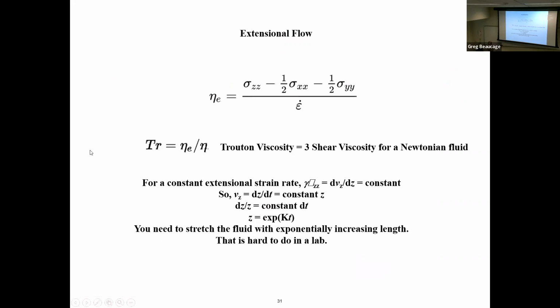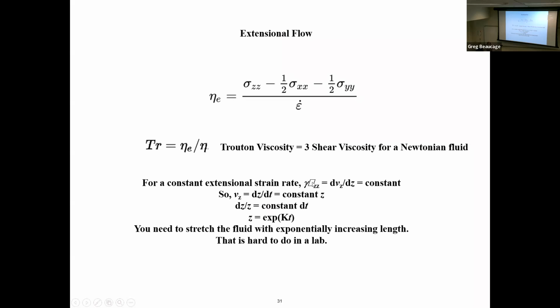If you want to get a constant, this should be gamma dot or gamma prime. So the derivative of the strain rate, d gamma d time, should have written that out. So the same thing as dv_z dz. So you're pulling it, it's a tensile. So you're changing the force in the x direction, and you're looking at the change in length in the x direction. So the strain is dx over x, right? So anyway, dv_z dz, that's this